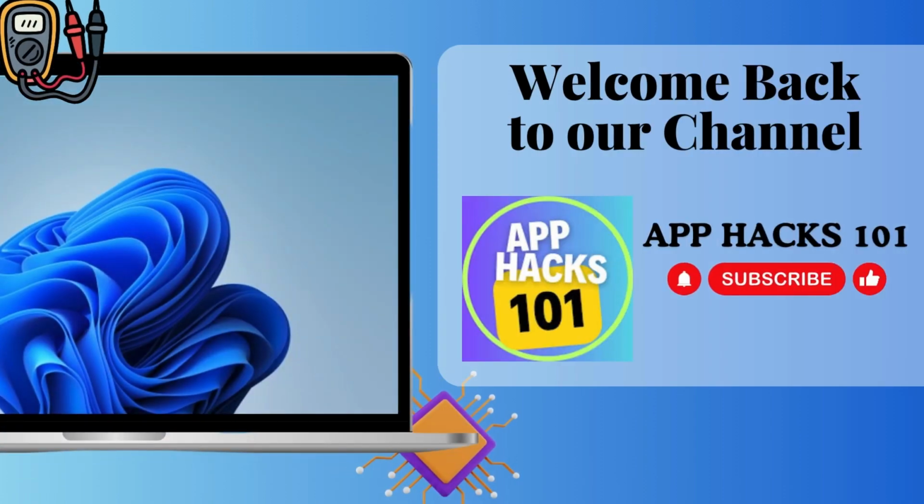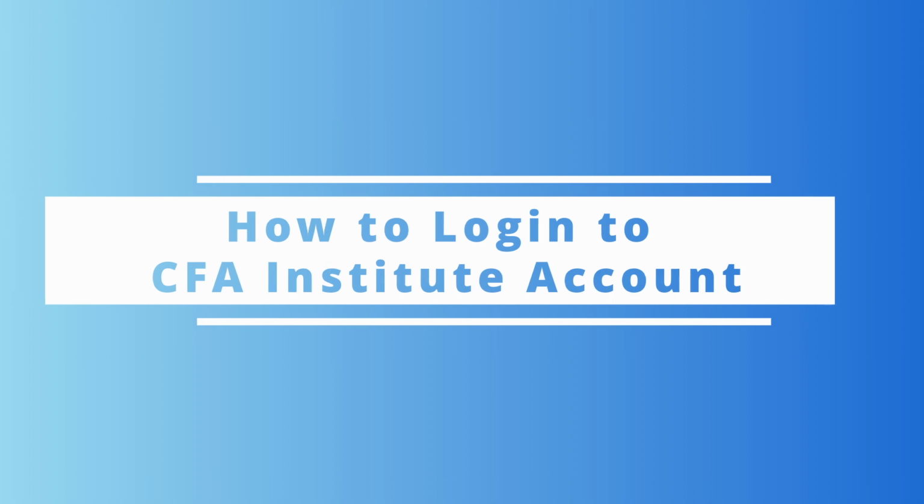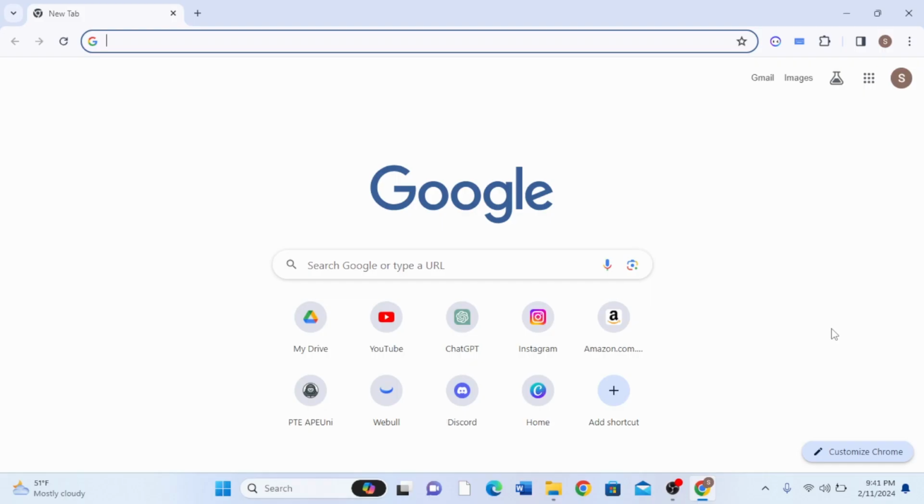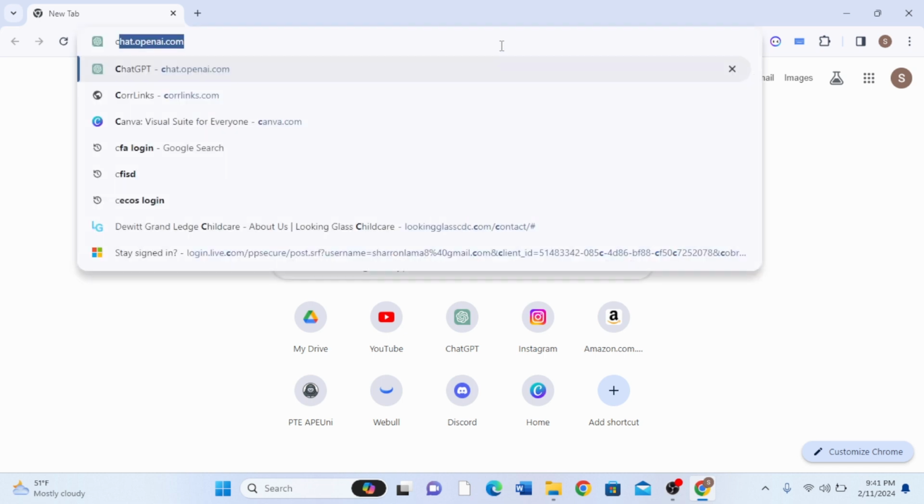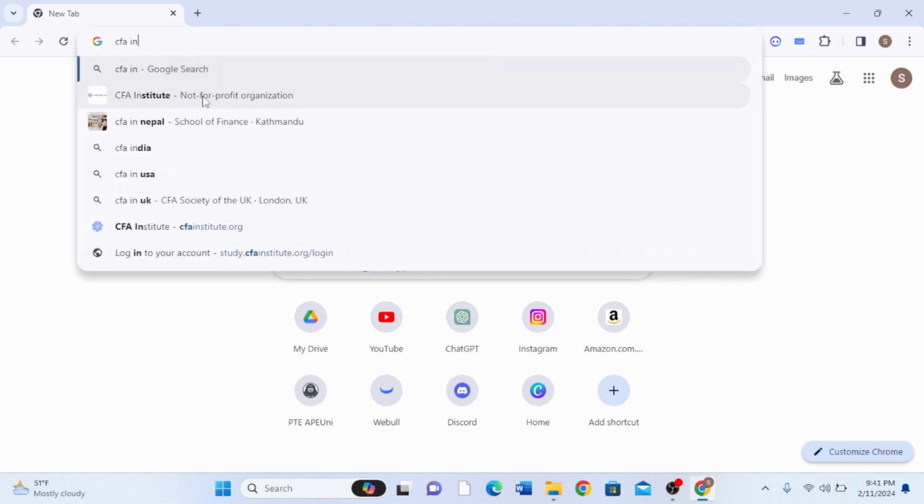In today's video, I'm going to show you how to log into your CFA account. First, you have to open your Google Chrome web browser or any other browser you prefer. And in the top section right over here, that is your URL section. Type down CFA Institute and enter it after, or you can also pick it from the search option right